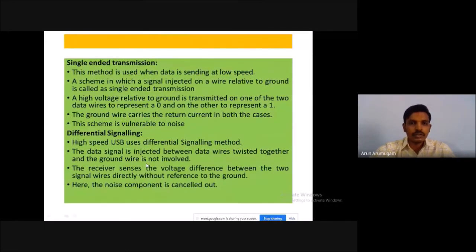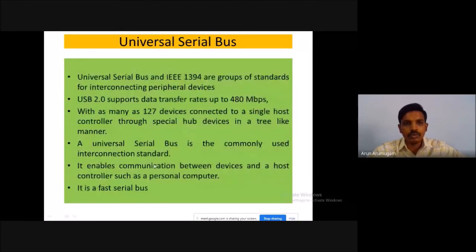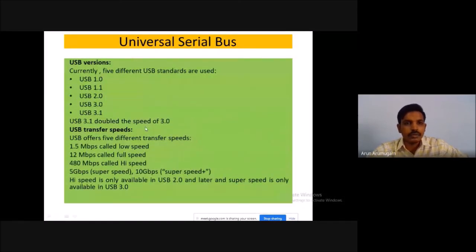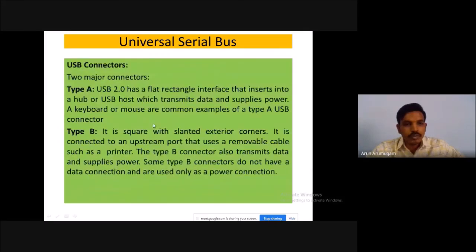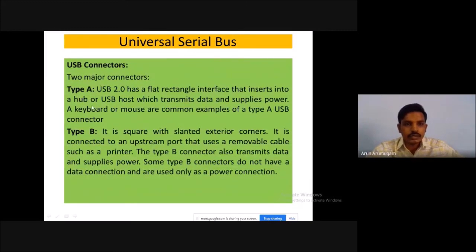So far we have covered the USB architecture. There we have discussed what USB is, device characteristics, frequent operations, different versions used in USB, different speeds provided by USB, and availability of the speeds. Normally we are using high speed, 480 Mbps, with different classes, and connector types A and B. The shape of the connectors also varied.